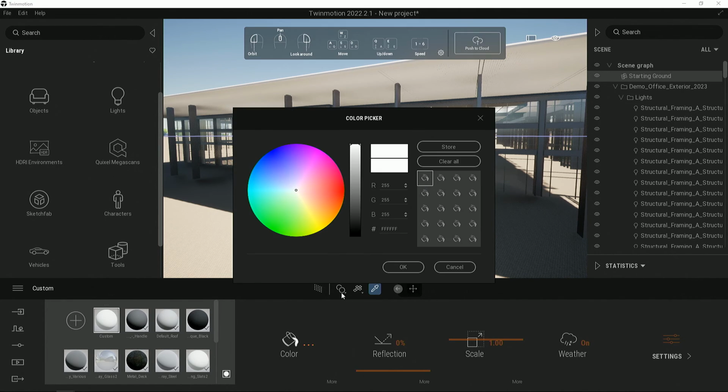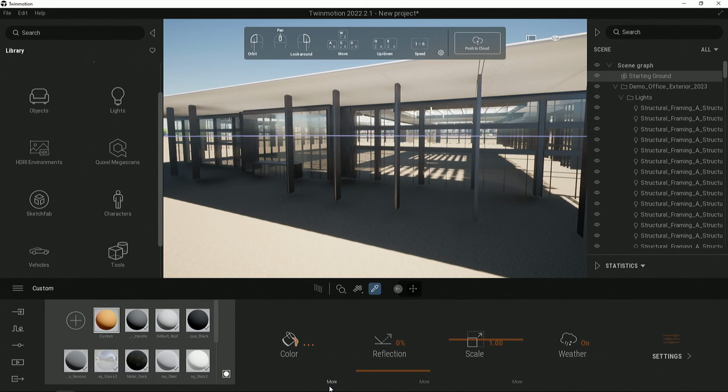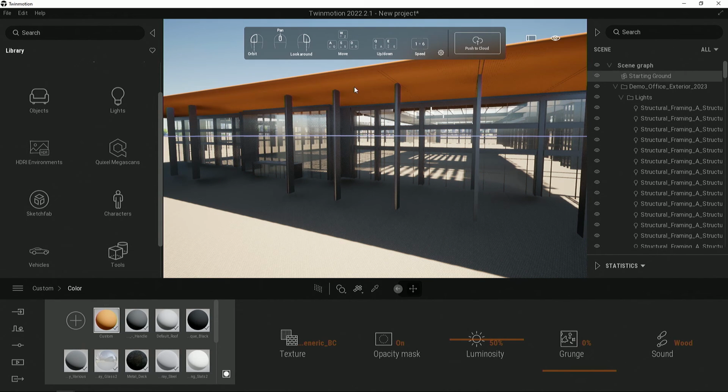Perfect. And then I could start to bring in a JPEG if I wanted to. So if I hit more here, you'll see that I have access to bring in files for that material. So as far as applying the materials, it can just be a drag and drop. But if I wanted to just use the native Twinmotion materials without creating my own, I can do so by